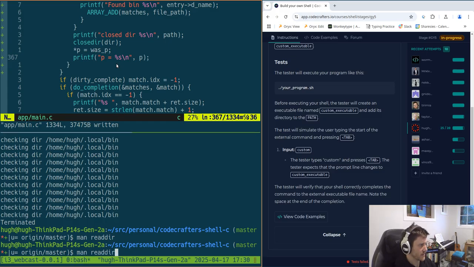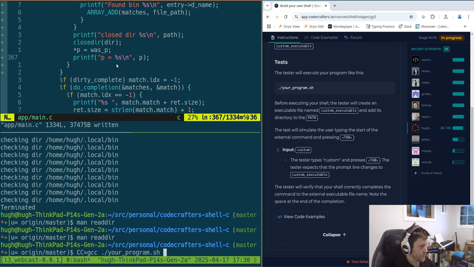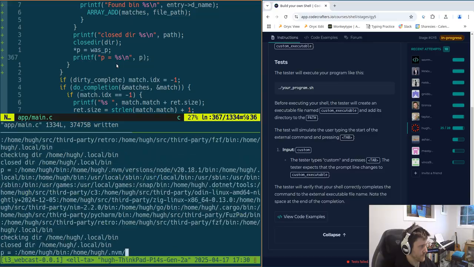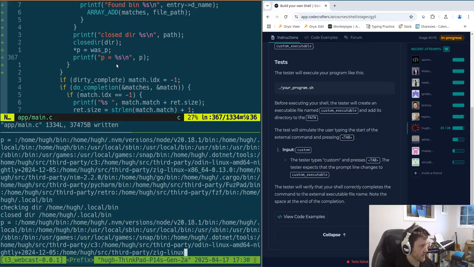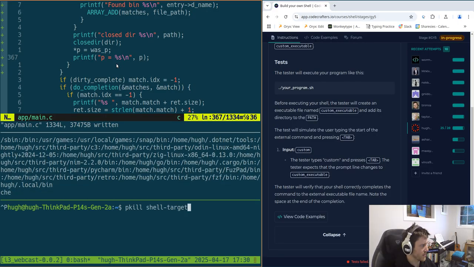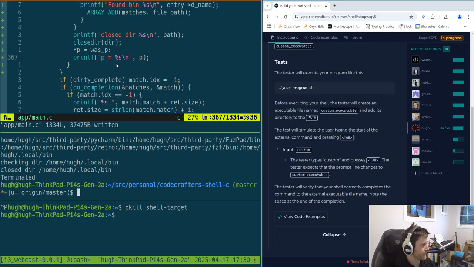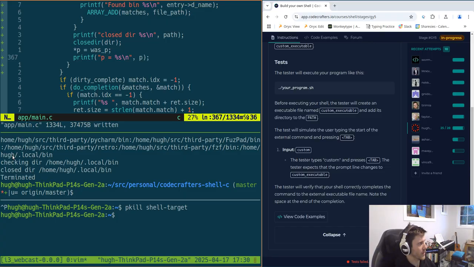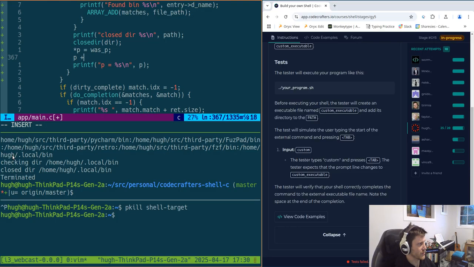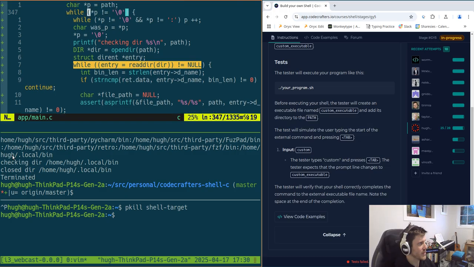Something like this, because I think we're pointing at the... yeah, we're not really going through. My path is like lots, but we're stuck on the colon. So I think we need to do a cheeky P++, but I'm concerned that